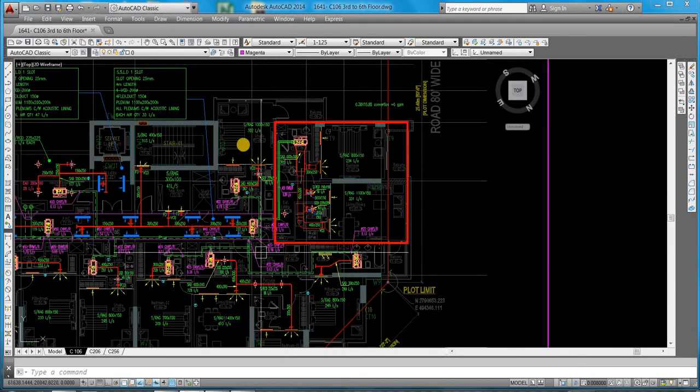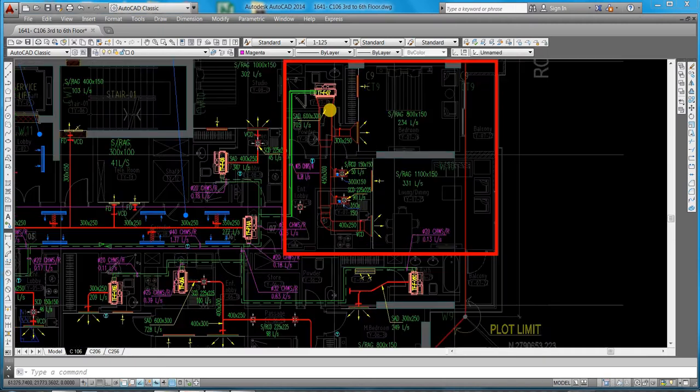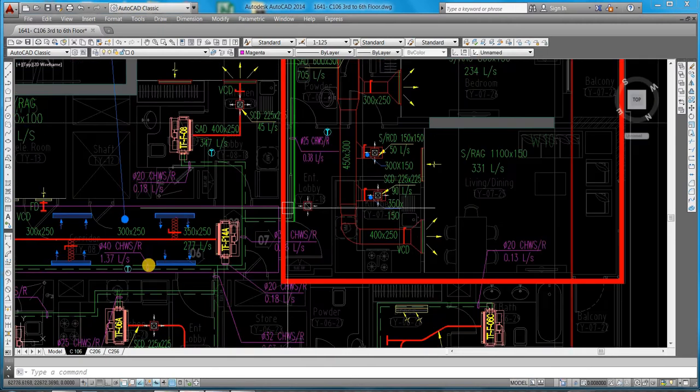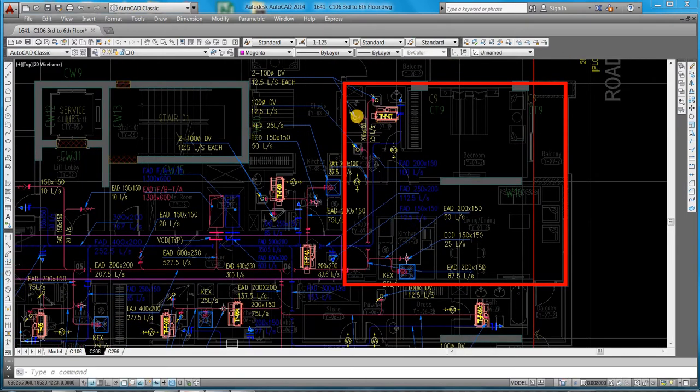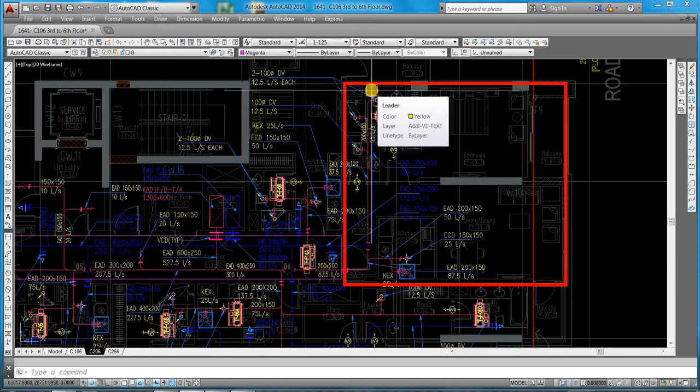This way we need to do all the AC and ducting calculation, grill size and pipe sizing. Next, I will explain ventilation. Before ventilation, as I already told you last time, as per ASHRAE, for a public area building, 50 liters per second is required. Otherwise, for a normal residential building, only 12.5.